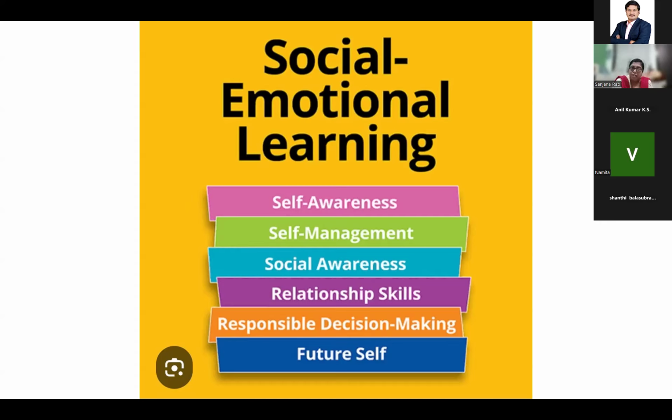So self-awareness, self-management. First, we have to be aware of ourselves, we have to manage ourselves. Then only, with social awareness, we can deal with others and understand others. And as she said, the relationship skills as well as all these will help in taking good, correct decisions, where in future you can lead to success. All these things lead to success when you are healthy mentally, physically, emotionally. So you can achieve this success easily.